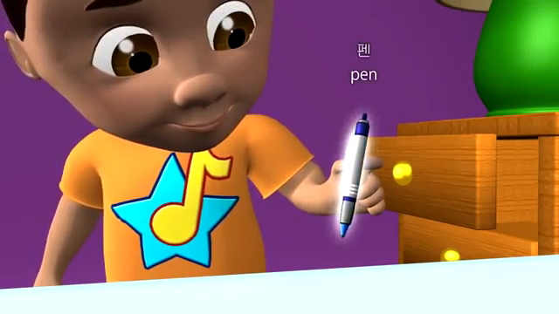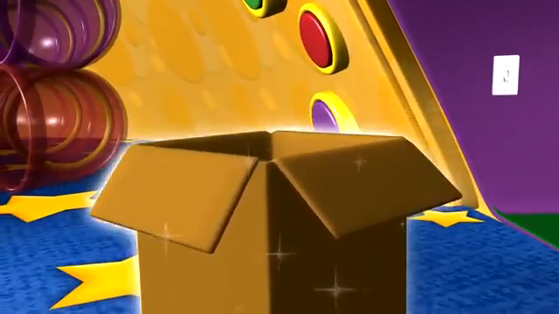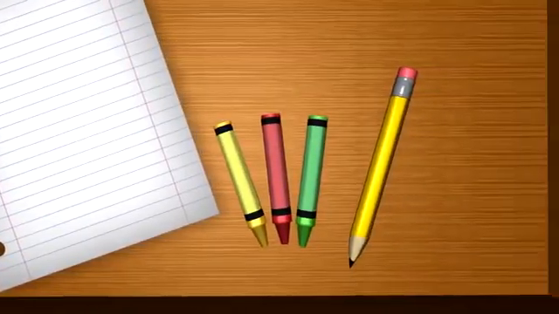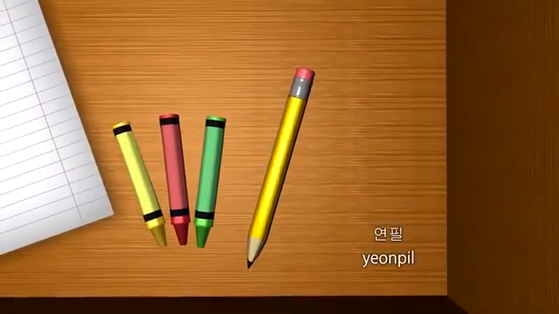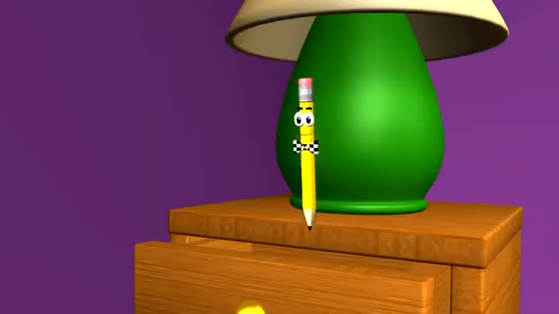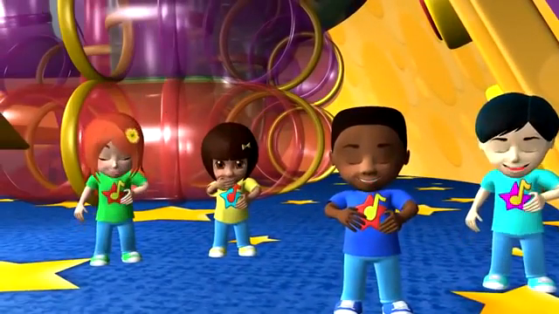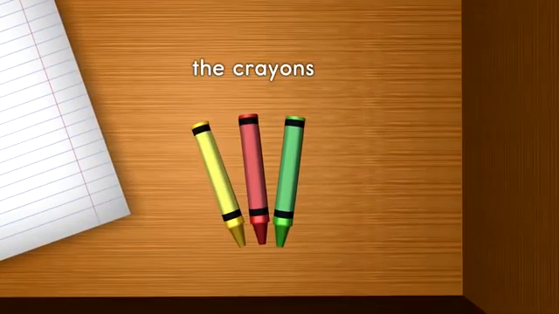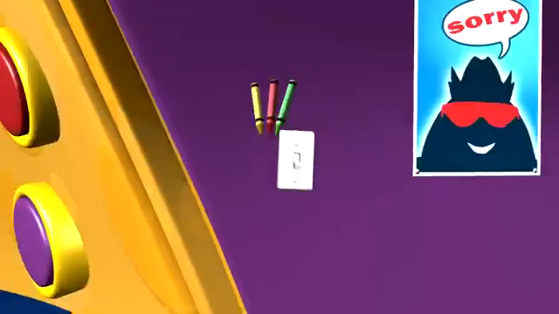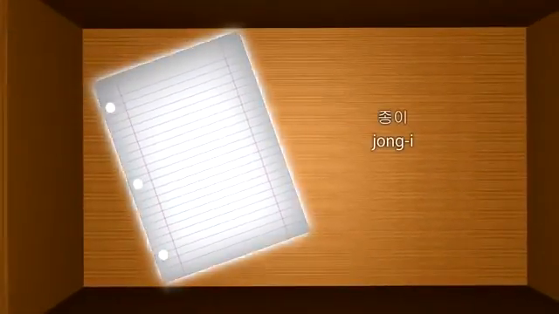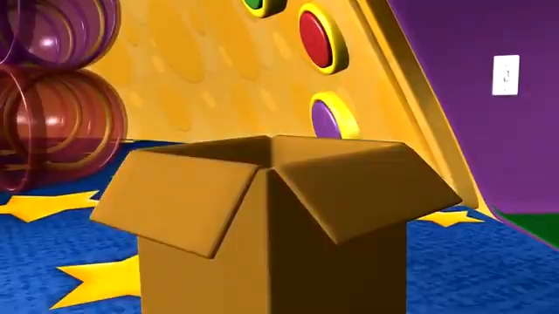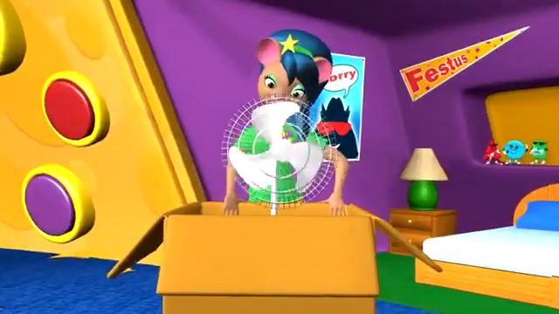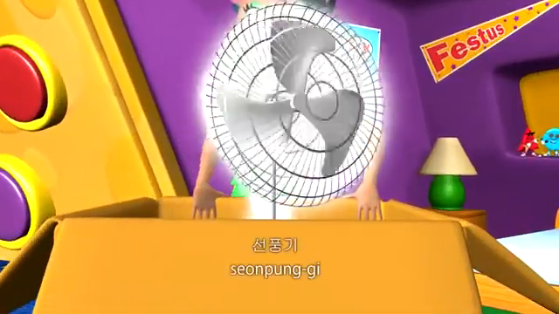The pen. 펜, The pencil. 연필, The crayons. 크레용, The paper. 종이, The fan. 선풍기,